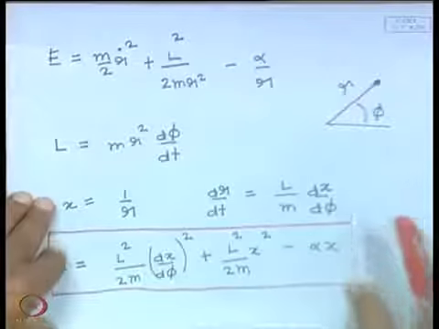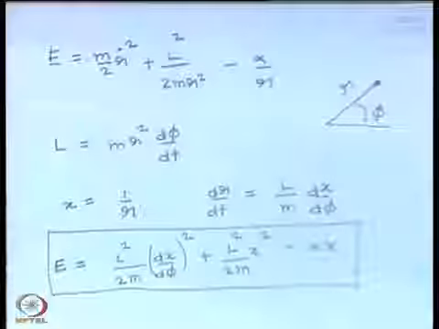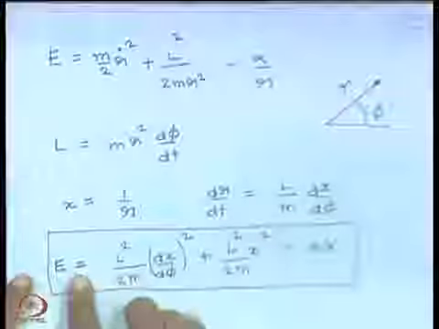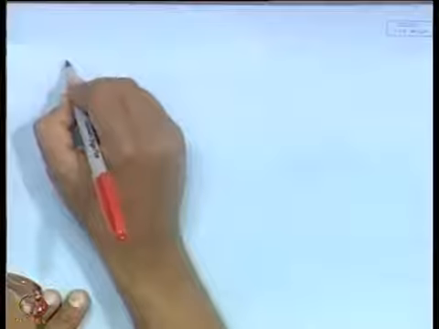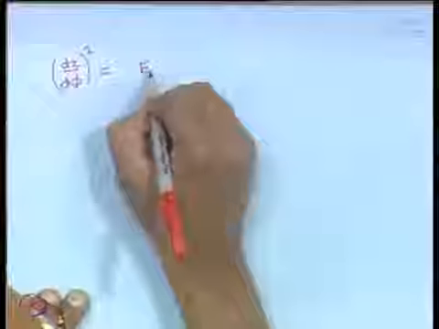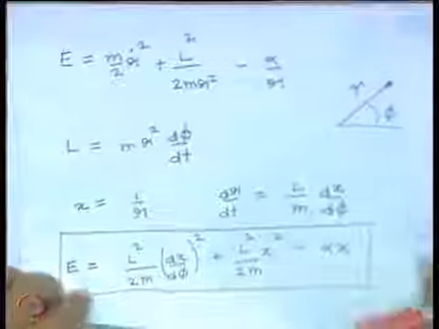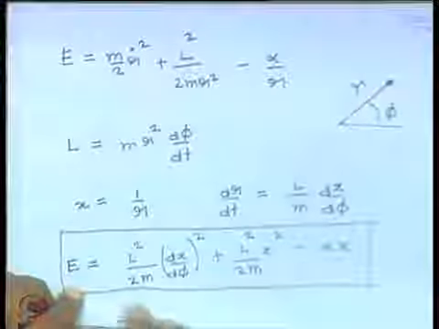So, if I multiply it with 2m by L squared, and take these two terms to the left hand side, what I will get is d phi by dx squared is equal to E prime, which is E divided by E into 2m by L squared,